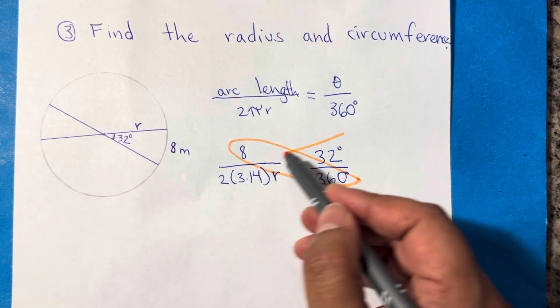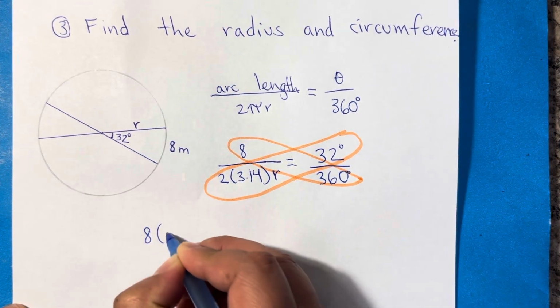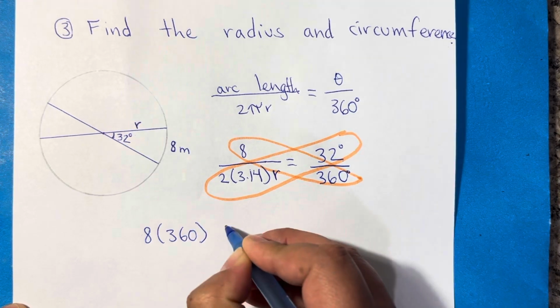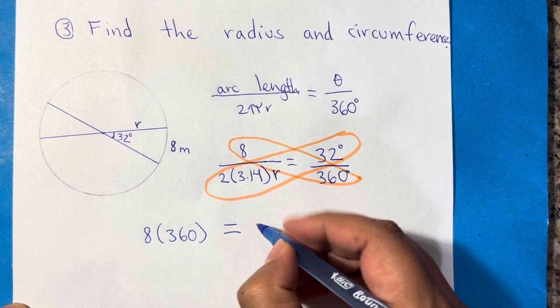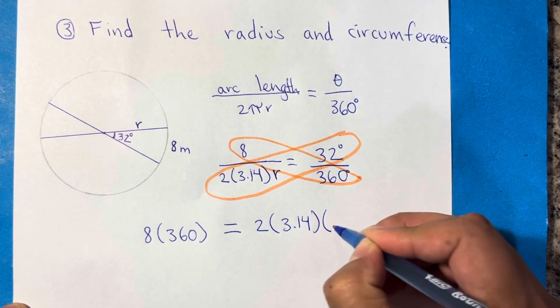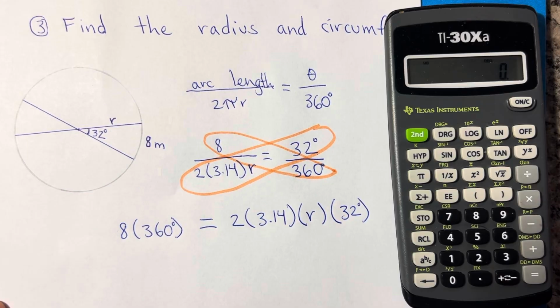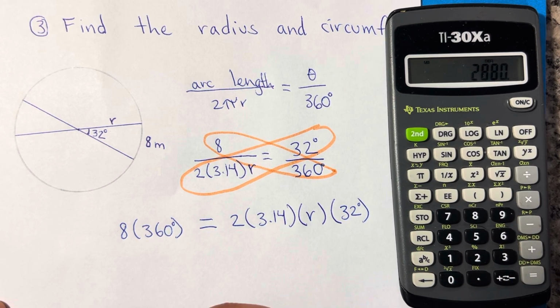So 8 times 360 equals 2 times 3.14 times radius times 32. And so 8 times 360 is equal to 2880,